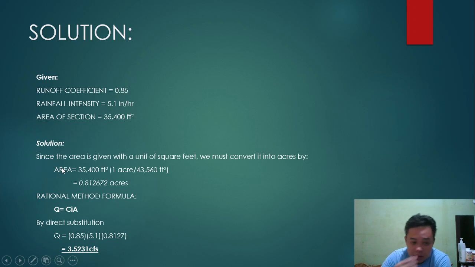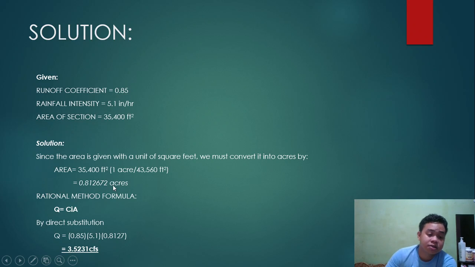In converting the area, 35,400 square feet multiplied by 1 acre divided by 43,560 square feet. Cancel out the square feet, then we get